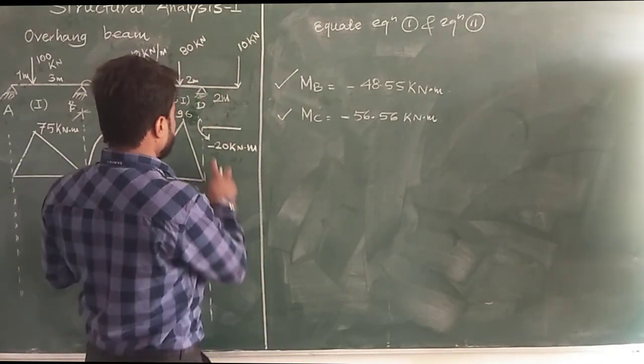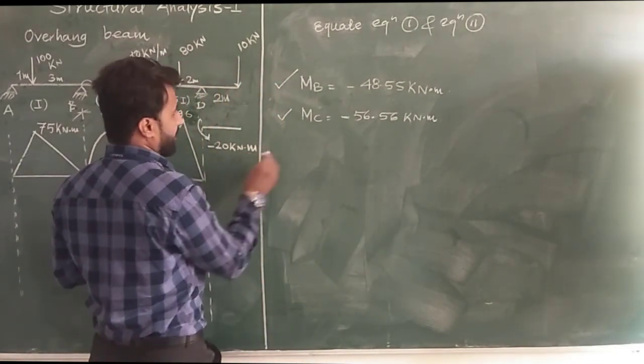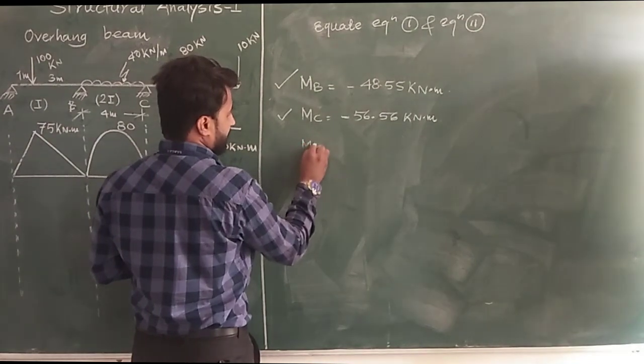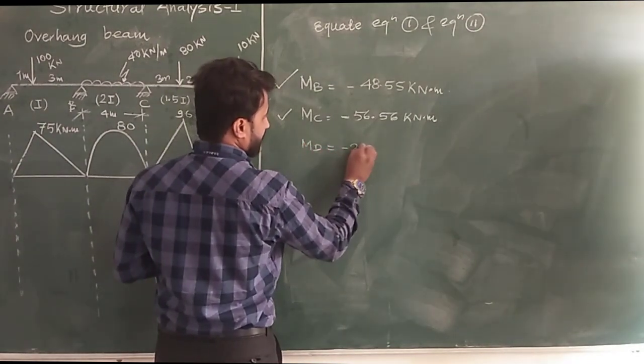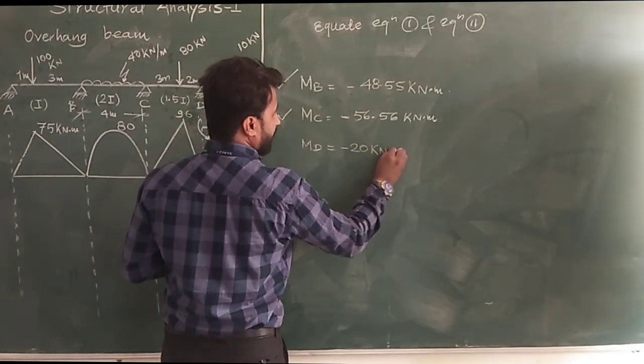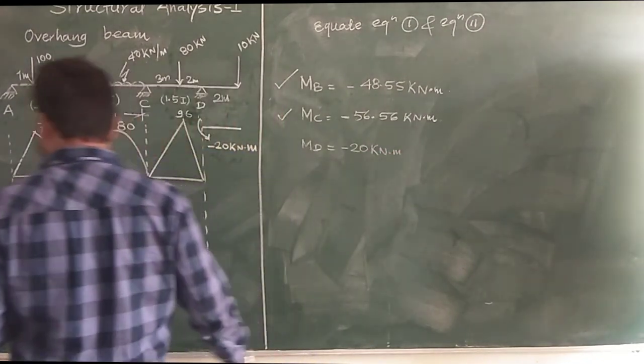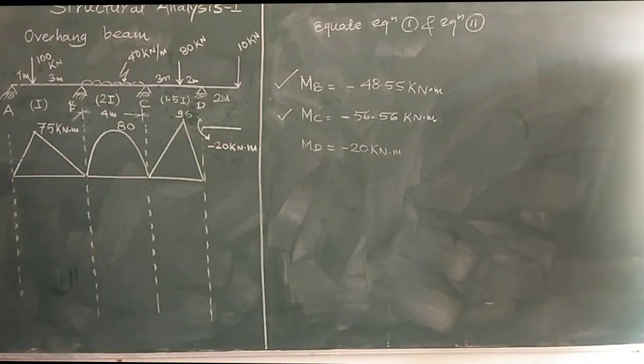Now the MD value, which is minus 20 kilonewton meter, is directly given to us. So this is minus 20 kilonewton meter. Now it is time to draw the final bending moment diagram. So for the final bending moment diagram,